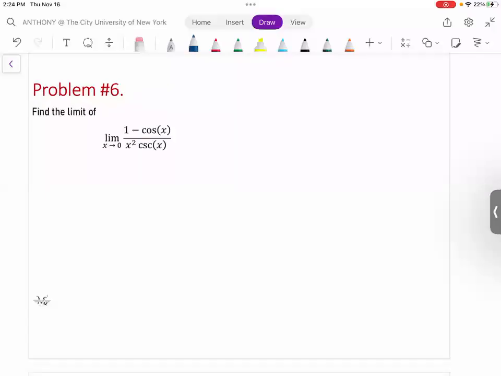So we have to find the limit as x approaches 0 of (1 minus cosine of x) over x squared times cosecant of x. There are a couple of special limits that you learn in this class. One of the special limits that you learned is that if you take the limit as x approaches 0 of sine of x over x,